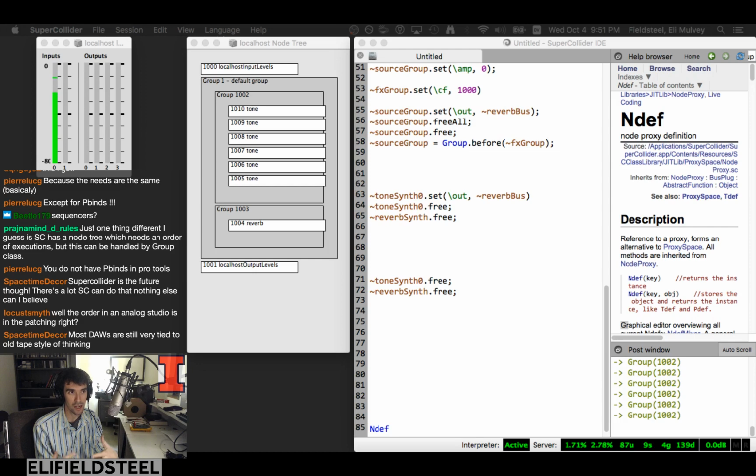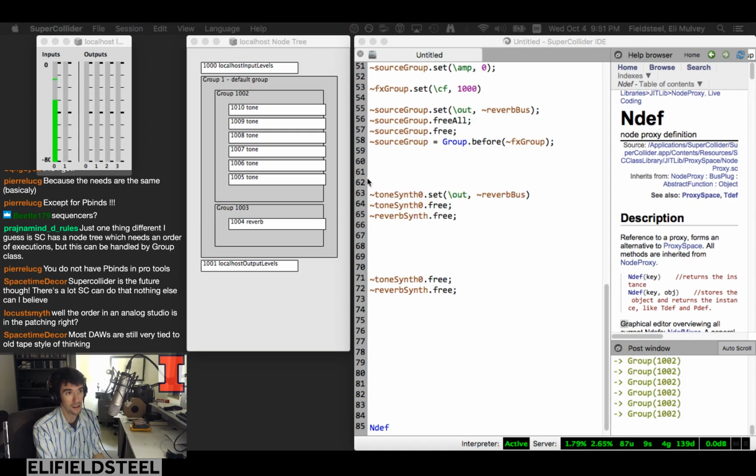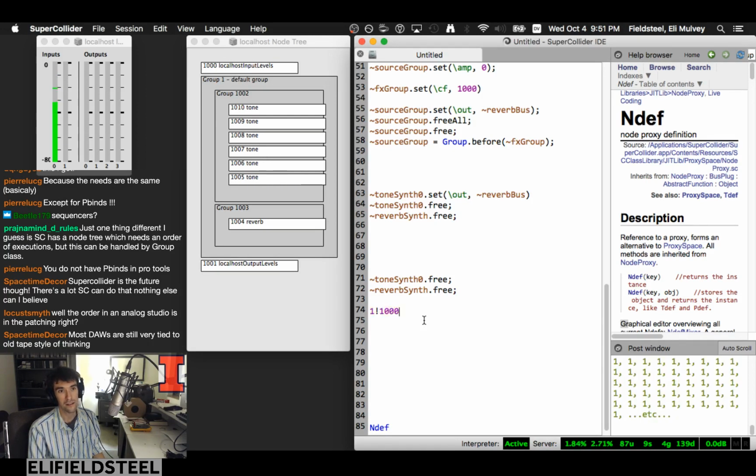Like for example, multichannel expansion in SuperCollider, the ability to just take anything and just say, by the way, give me 1,000 of those, and there you go. You have 1,000 ones, and this is equivalent to polyphony on the server, and I don't think CSound or Max MSP have a good way of doing this. I mean, there's the poly object in Max MSP, but that's, I don't know, it's a little bit clunkier than I think most people would like it to be. That's just my personal opinion,